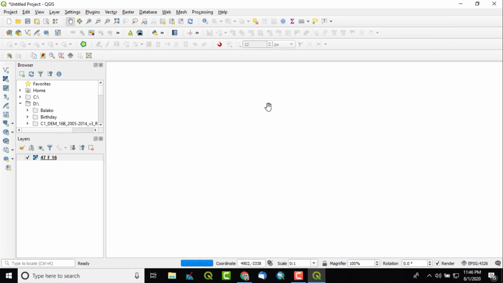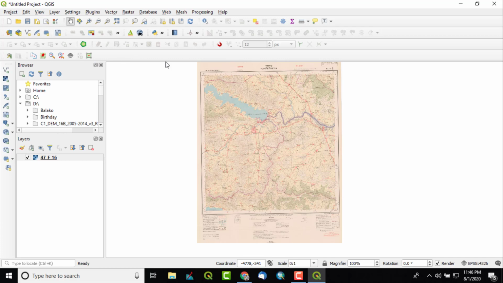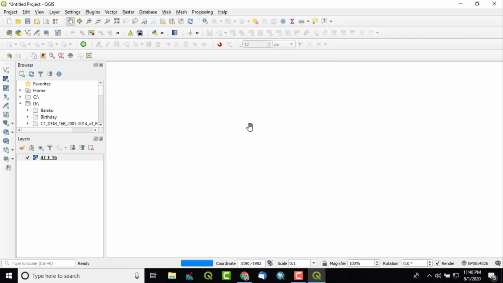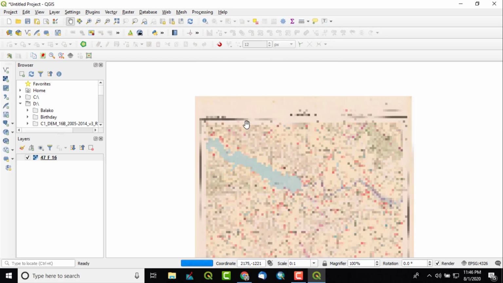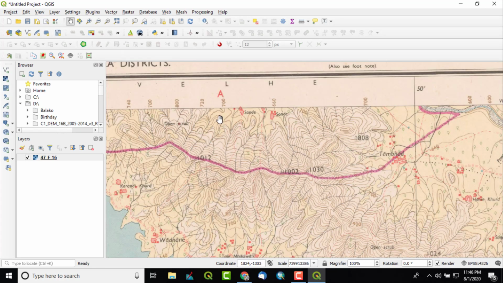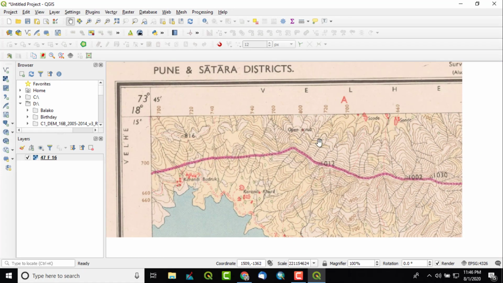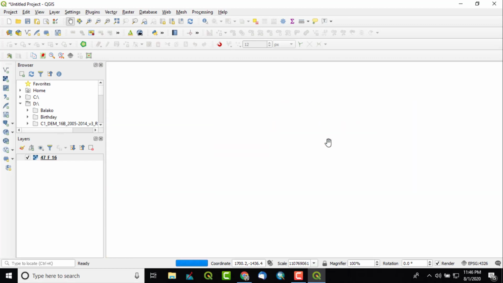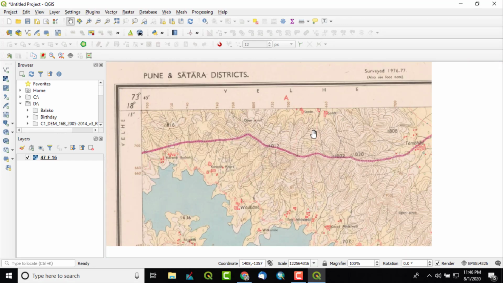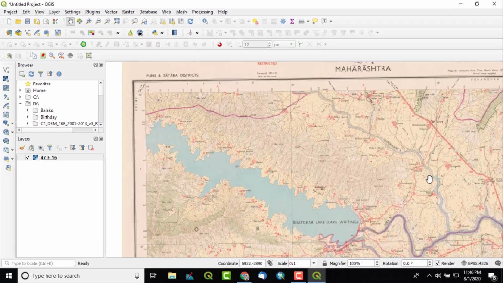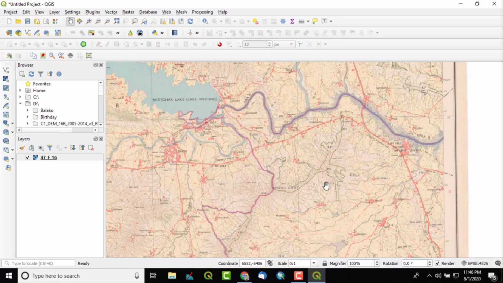Since it does not have a spatial reference, there was a yellow bar regarding the spatial reference error. If we zoom, we can see this is a Survey of India topo-sheet map, a topographical map. Survey of India is the prime agency in India responsible for these types of topographical maps.